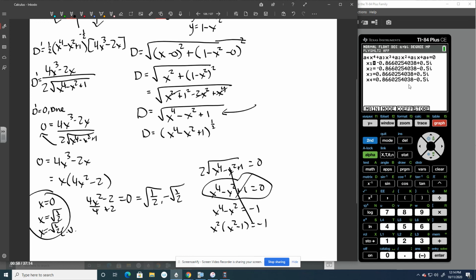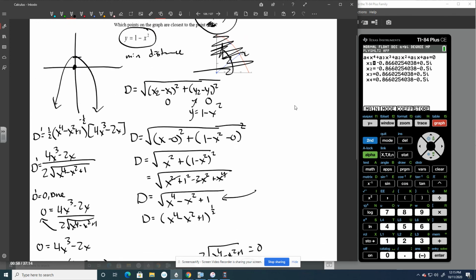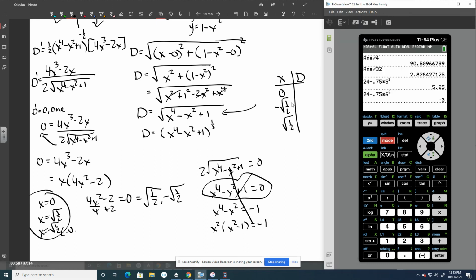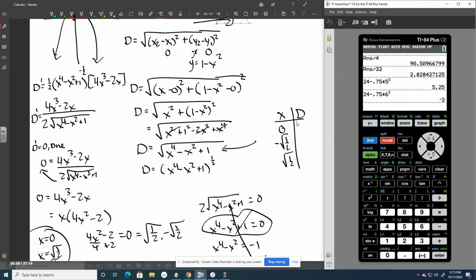Now that we've run circles around for 10 extra minutes, I took the derivative. I found my critical values. Let's go ahead and plug those in. So my critical values are 0, negative root half, and positive root half. And I'm plugging those into my distance function, guys. I'm not plugging them into my derivative. Remember, I'm trying to minimize my distance. So my distance formula,